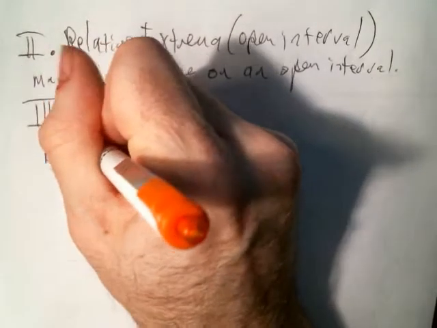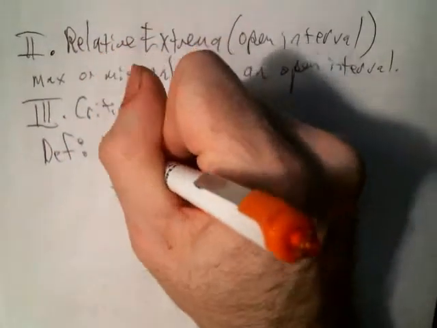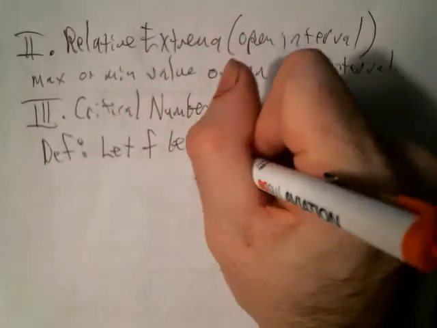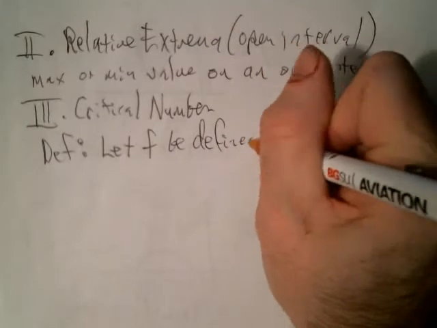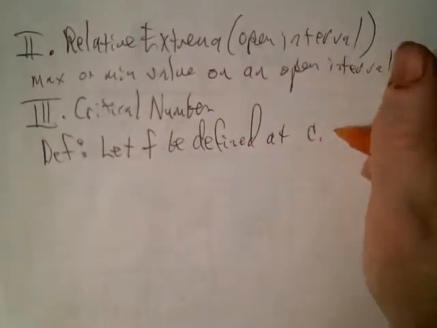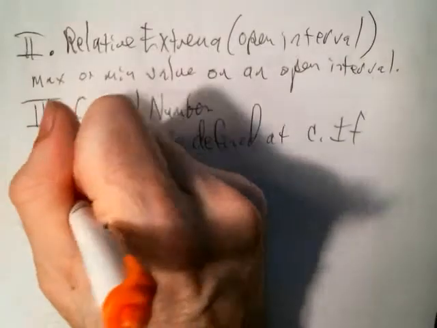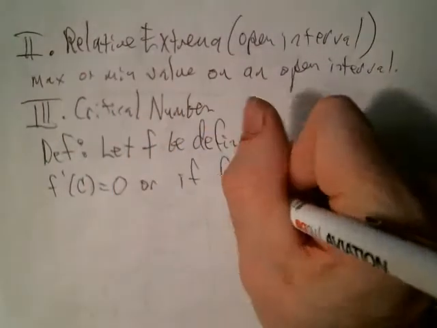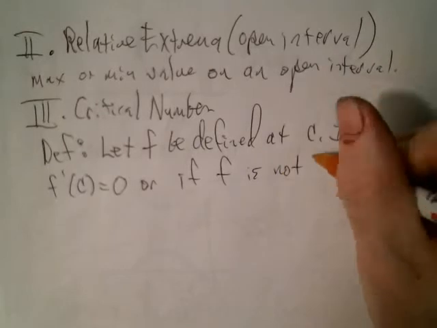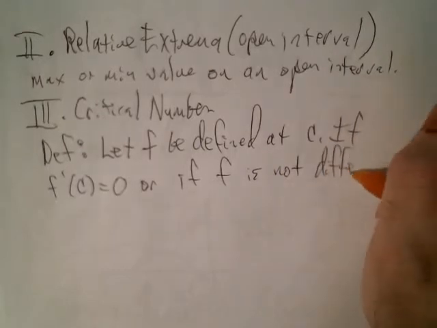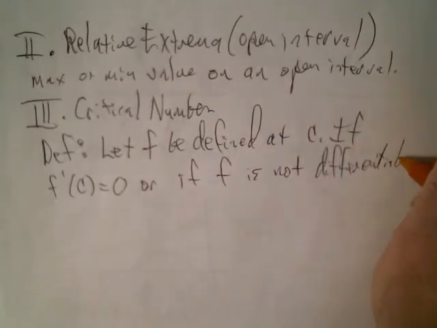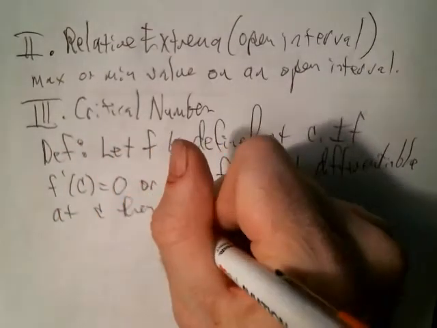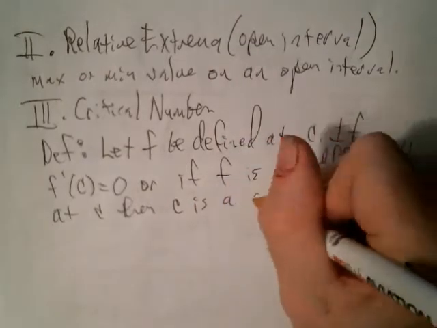We have a definition here. First off, the function has to be defined. Let f be defined at c. If f prime of c is equal to 0, or if f is not differentiable at c, then c is a critical number